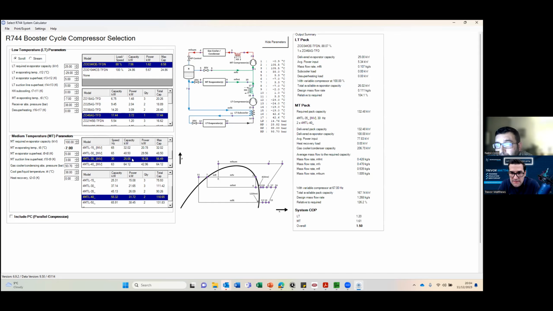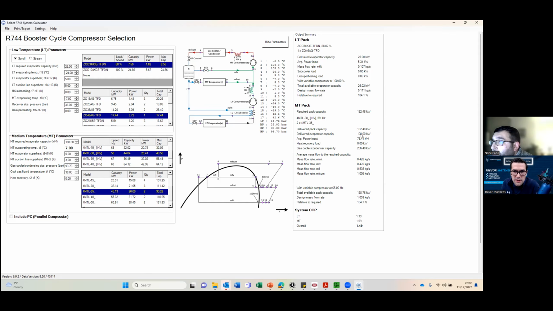So that was a total pack. So that delivered at 100 kilowatts. I think that one's not changing at all, right? The delivered one, even every time you change it, it doesn't change. I think that's what you're looking for, 100. Yeah, absolutely, the whole pack is 32. So the medium temp,